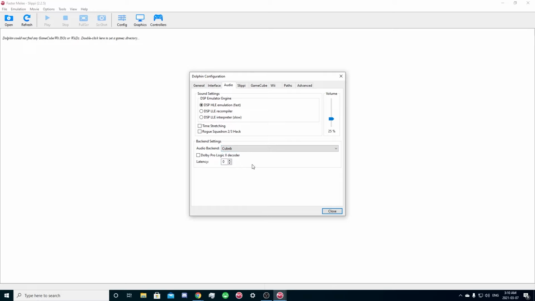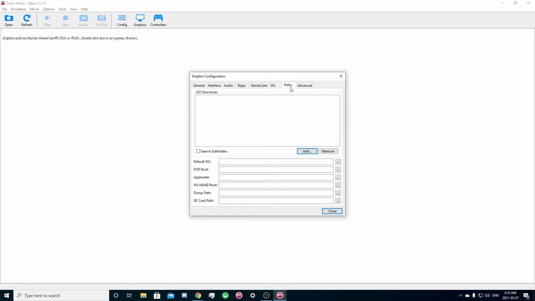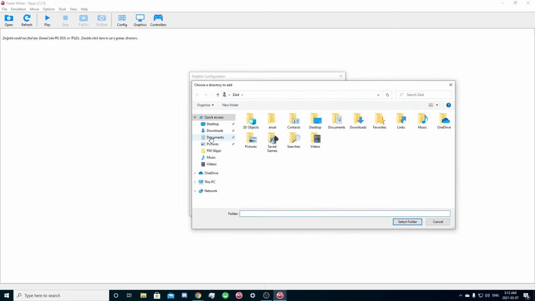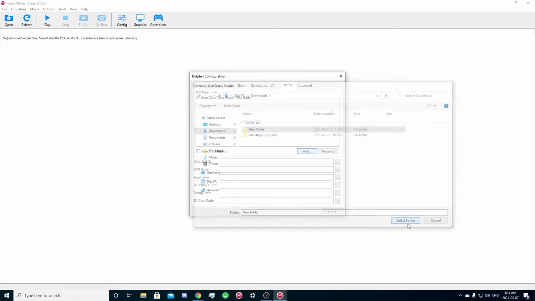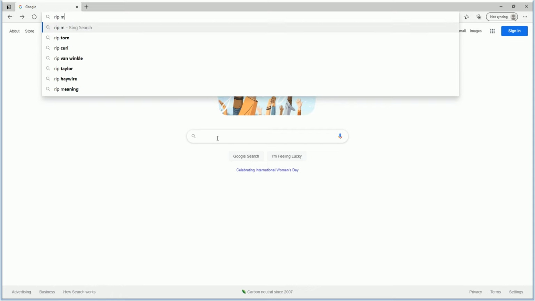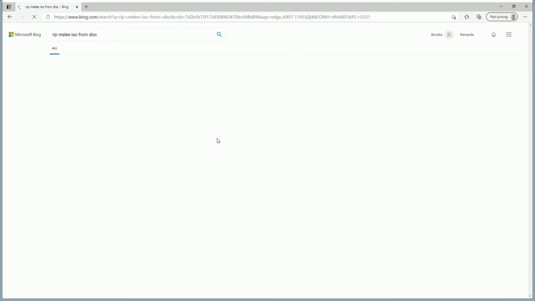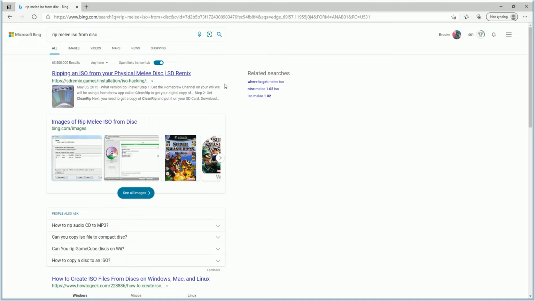Next, also under the config menu, click Paths and then Add. Then select the folder where your Melee ISO is. If you don't know where to find a Melee ISO, you can burn one using your own Melee copy, which is kind of difficult to do, but it's the legal way to do it. If you want to download one from somewhere else,